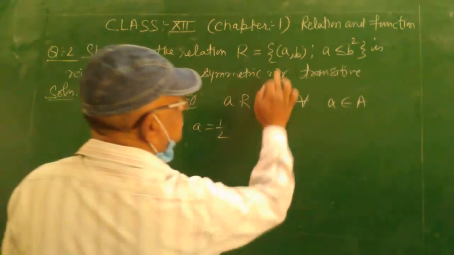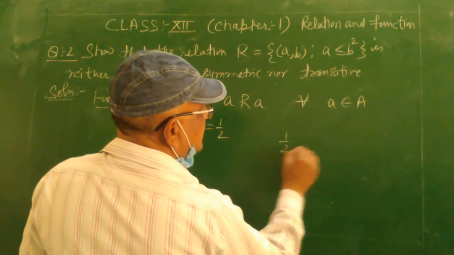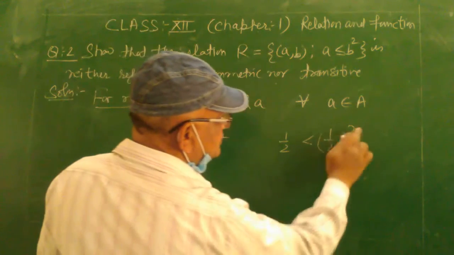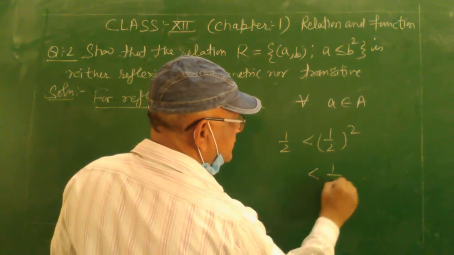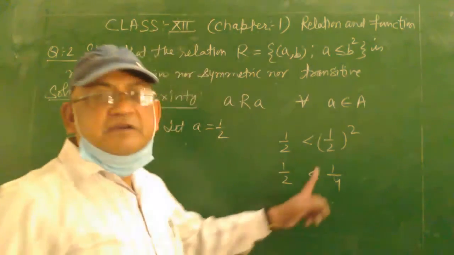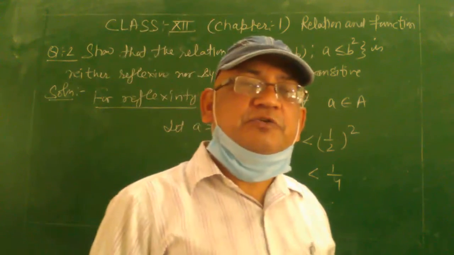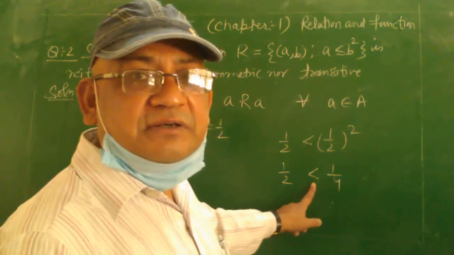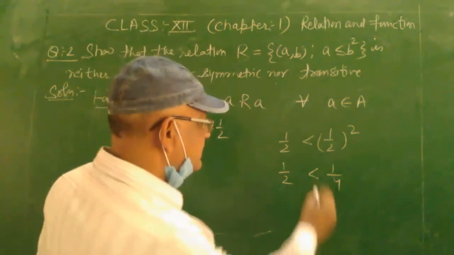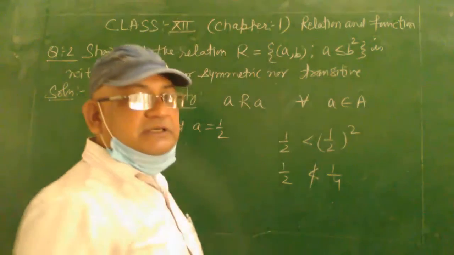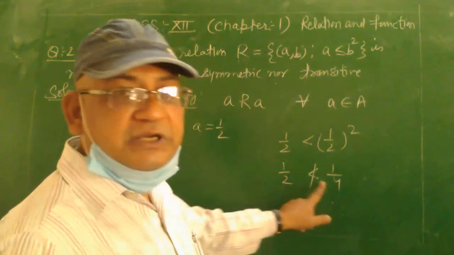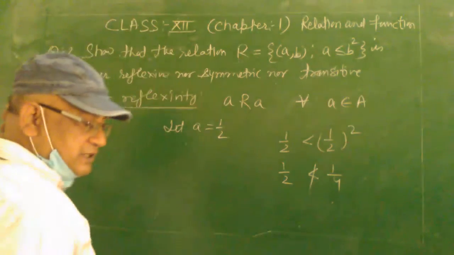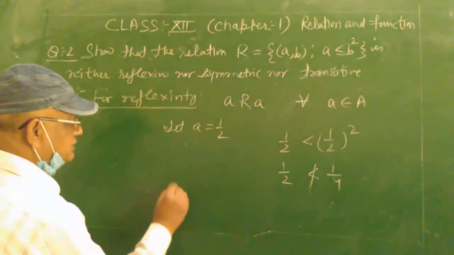Just putting half in this expression: half is less than half square. Is it possible? If you do the square of 1 upon 2, it will be 1 upon 4, and the other is half as it is. 1 upon 4, students, you know very well, is 0.25 and 1 upon 2 is 0.5. So 0.25 is never greater than 0.5. So that's why you will cut it. 1 upon 4 is not greater than 1 upon 2. So it shows that it is not reflexive. So therefore it is